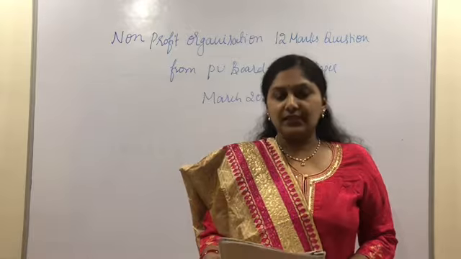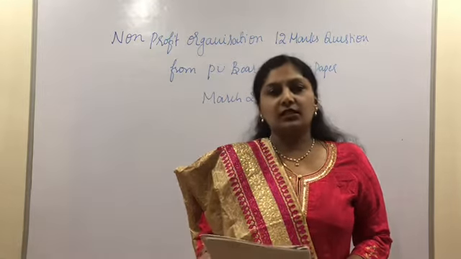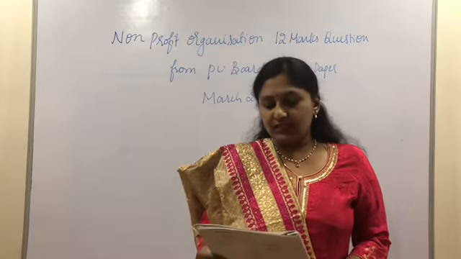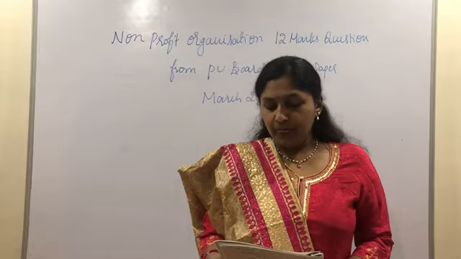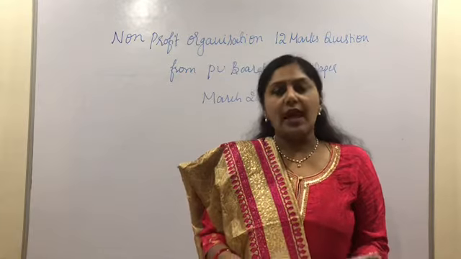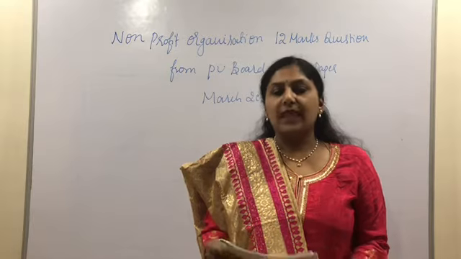Now coming to the assets, the first one is cash in hand, which we are not going to treat anywhere because this is the opening balance of the cash. Next one, we have furniture, which is an asset. Buildings, asset. Sports materials assets and library books are given, that is also an asset. So all these assets we need to treat below the asset side of the balance sheet.